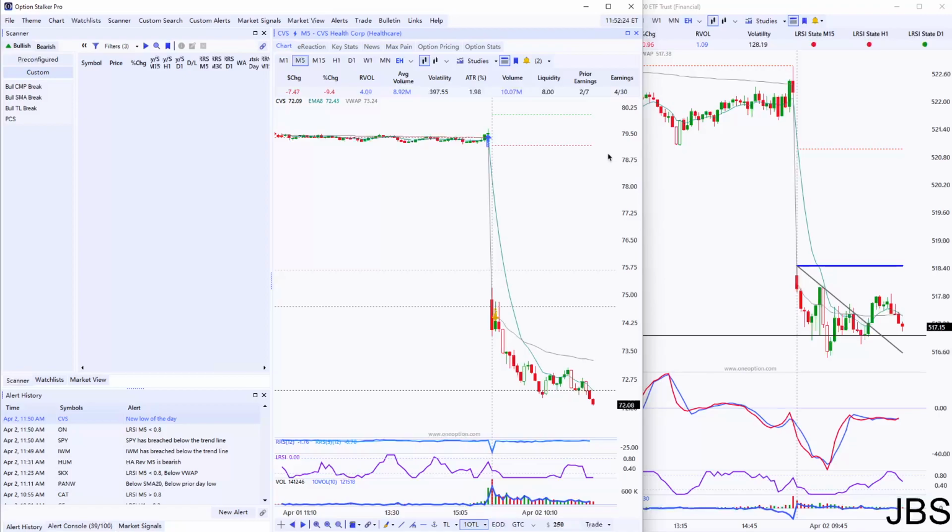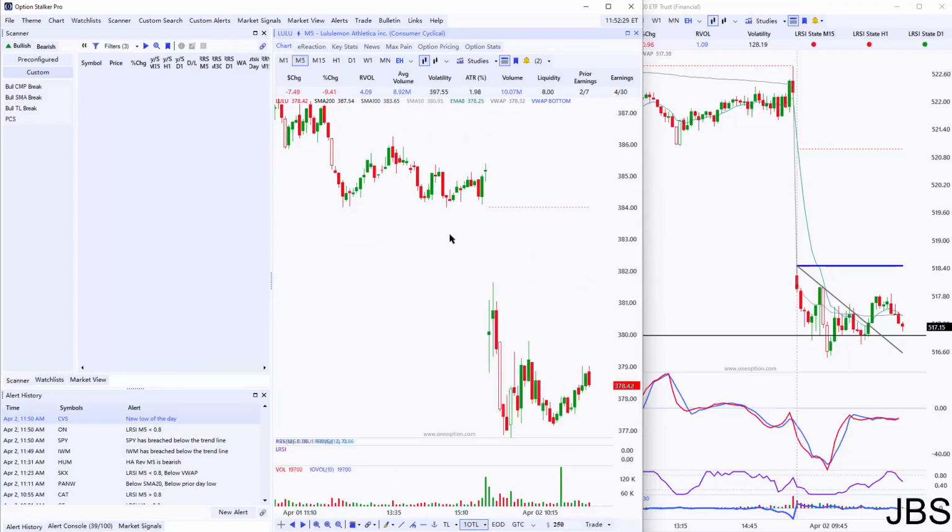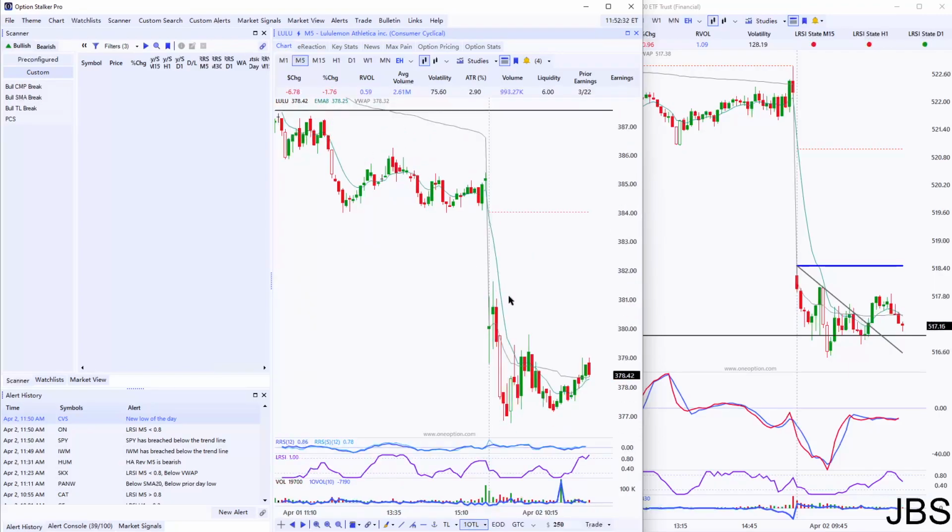So the pick from yesterday was Lulu. So we looked at our Lulu PDS over here. I talked about the 385, 375 PDS, so we got pretty close to that. My risk appetite is a little bit less for the debit, so I ended up going for the 385, 380,